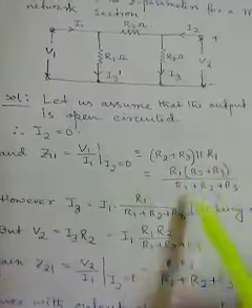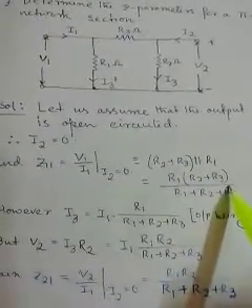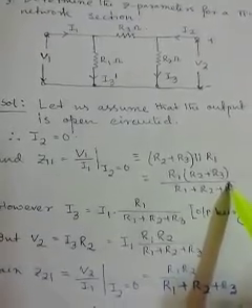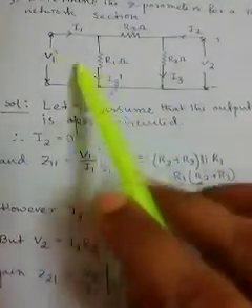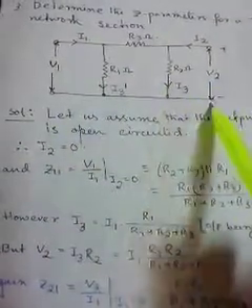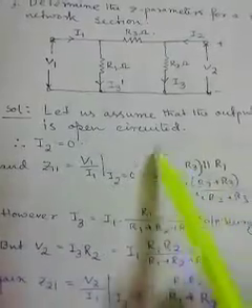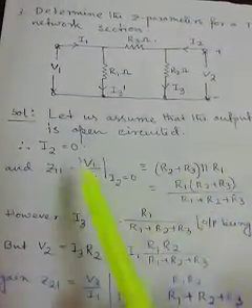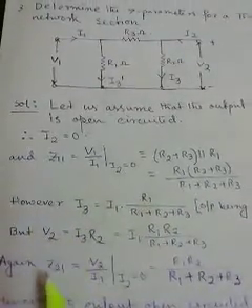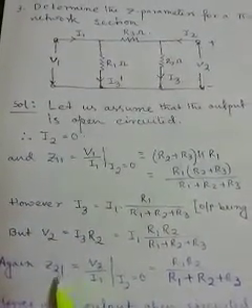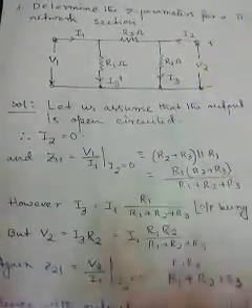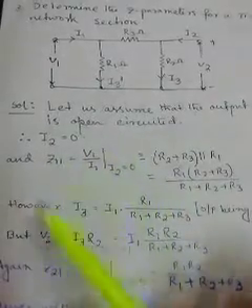So what is this actually? This is the R equivalent under this condition, R equivalent when I2 is 0, and V1 should be equal to I1 into R equivalent 1, and R equivalent 1 itself is the value of Z11 because it is V1 by I1. Now for finding the value of Z21, because at I2 equals 0 we can find two Z parameters, one is Z11, another one is Z21.